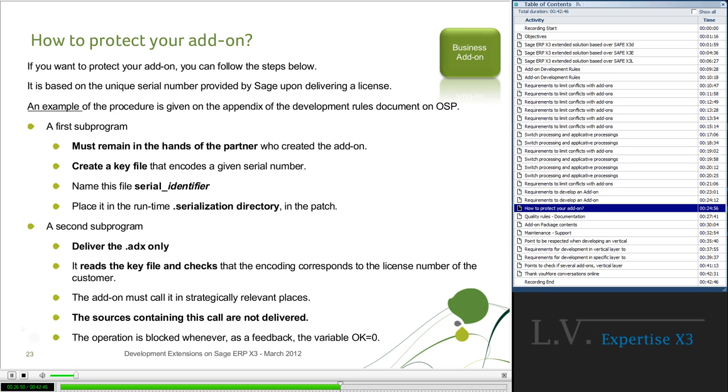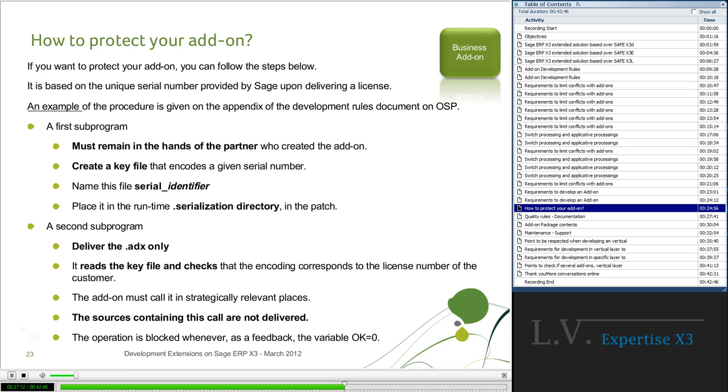A second subprogram is delivered in the add-on package, not the source program, only the .adx file. This one will read dynamically the key file and will check that the encoding corresponds to the license number of the customer.